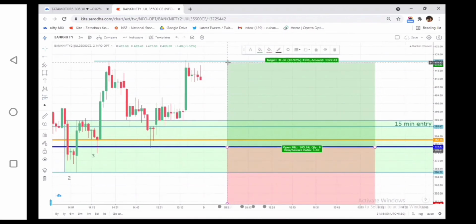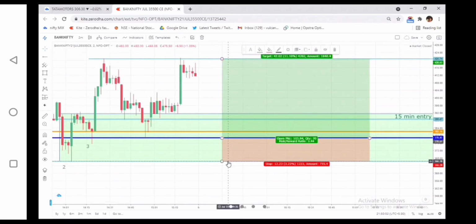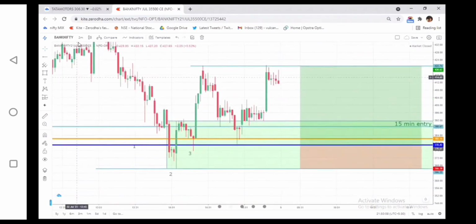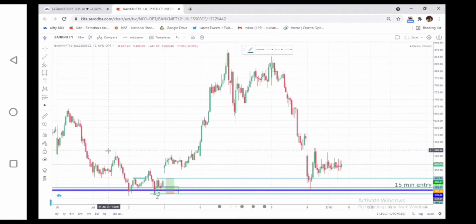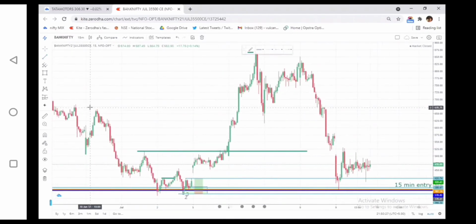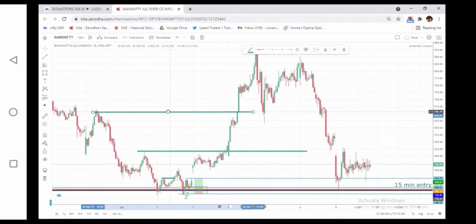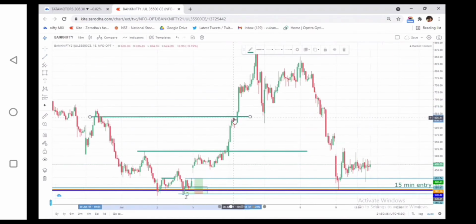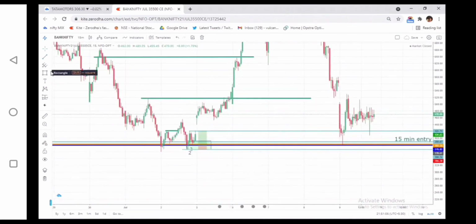Now look at the risk reward. This is the risk reward in the 2-minute time frame, that is 1:3, almost 2 point something. But my order block formed in 15 minutes, so my target should also be in 15 minutes after price leaves my order block. So I will try to achieve the target in 15 minutes with safe points.